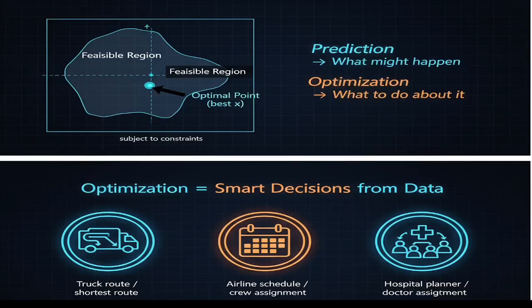In a hospital planner also, like nurse and doctor assignment, how many nurses to allocate to how many patients, like critically wounded patients, normal patients, and patients requiring minimal attention. Based on that you can segregate your much experienced staff and less experienced staff according to the need of a patient. So that's where your optimization model comes in for scheduling these sisters and doctors as well.